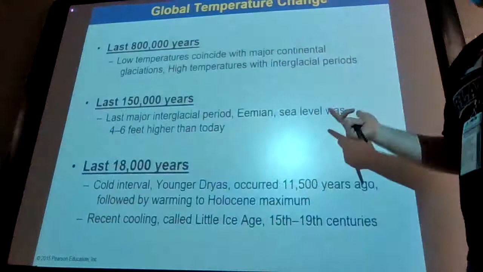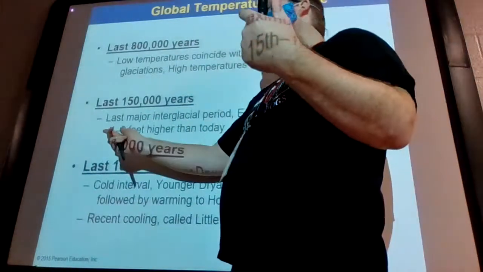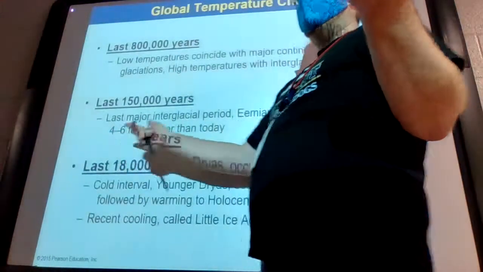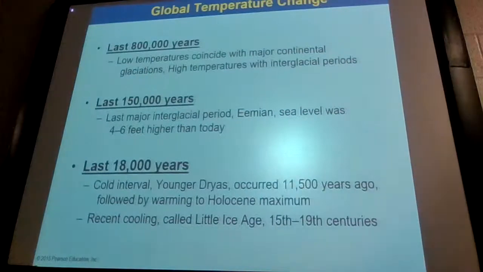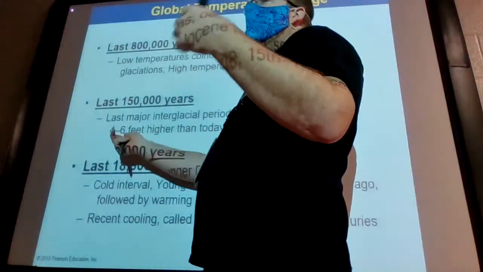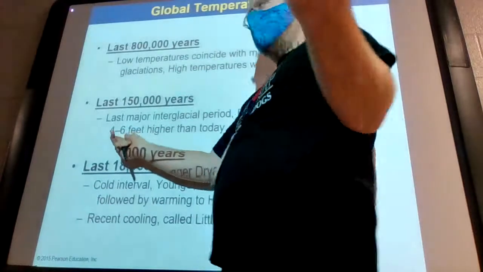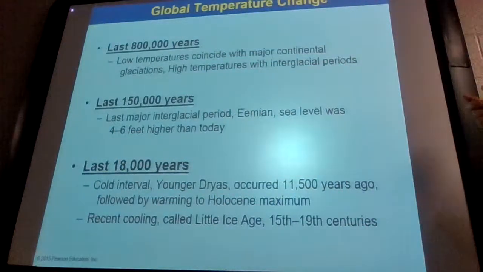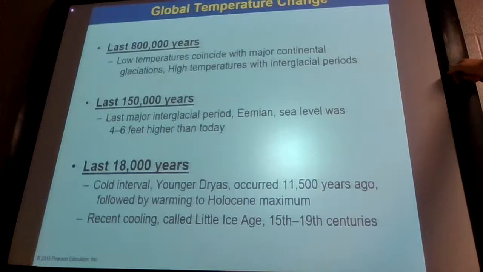If you looked at a map of what the world would look like today with a 4 to 6 foot sea level rise, the coastlines look very, very different. If this happened today in a relatively short period of time, which it wouldn't, it would be extremely devastating for us as far as economically and locationally, where people live, migratorily. That's not really a word, but